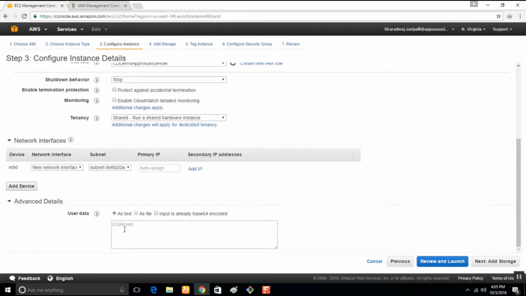Now we need a few additional things. Whenever the EC2 instances are powered up, we need them to have the AWS CodeDeploy agent running on them. For that we need to install the AWS client and CodeDeploy agent as soon as they boot up for the first time, and then start serving from there onwards. I'll take you through the documentation so that we can do that. Give me a second, I'll just find it.